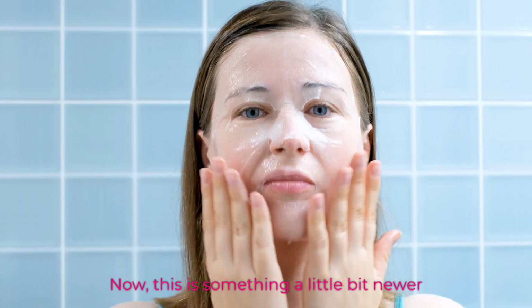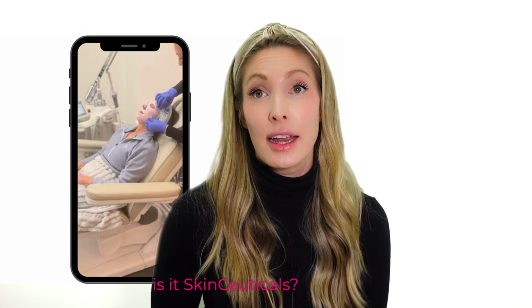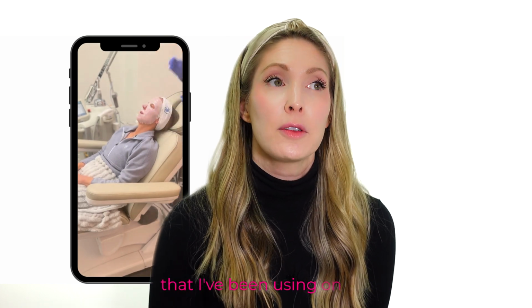Now, this is something a little bit newer on my side of the industry anyway. We've always had biocellulose masks. I think it's SkinCeuticals that has a biocellulose mask that I've been using on my patients forever, which is really nice. It's nice and cooling, but